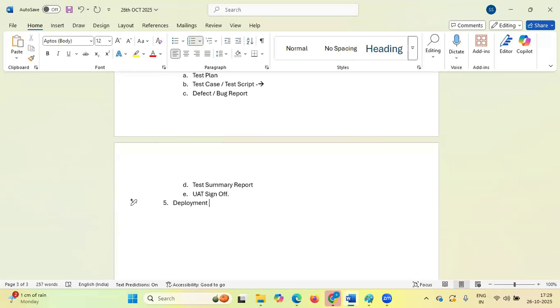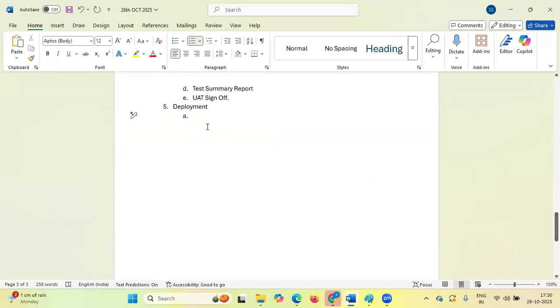Next phase is what? Deployment. So in the deployment phase, what are the core deliverables? Here the main role of DevOps comes into the picture. Okay, guys. So here, who is going to do the deployment work?